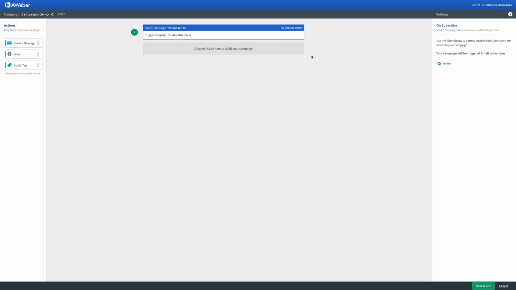Now I can filter that by specifics. If I want to look at where they're coming from, if I want to look at the different elements that they pick within the sign-up form itself. But for now, I'm just going to go ahead and keep it blank just for simplicity's sake. I'm going to show you another way to do this.